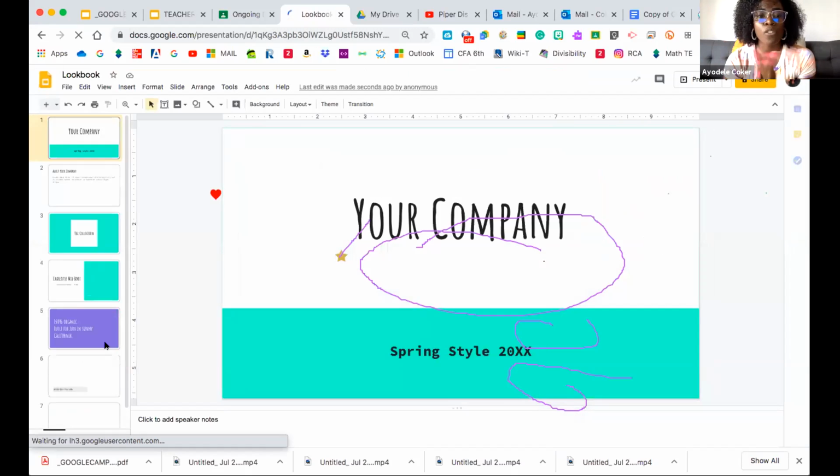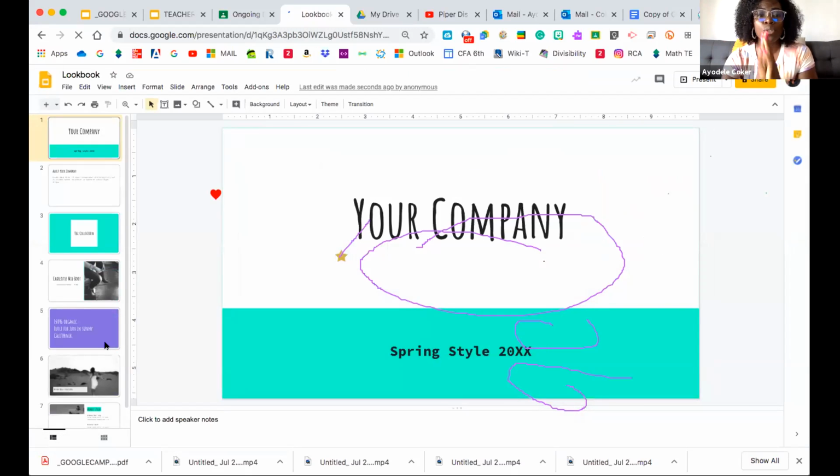Okay, so before I begin, I just want you to know that there should be 2 different templates that you create for your students. One is the sample that you're going to show them, so like your sample that has stuff that you do on it. And then the other one is going to be just a template that you're going to push out to them so that they can annotate, design, and add text to, if that makes sense, okay?